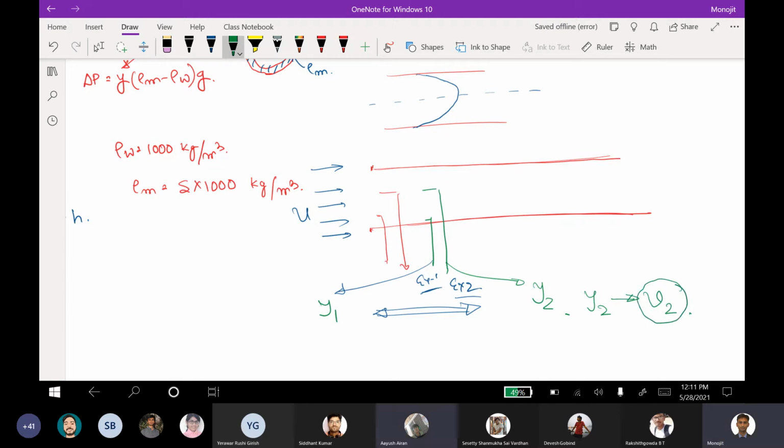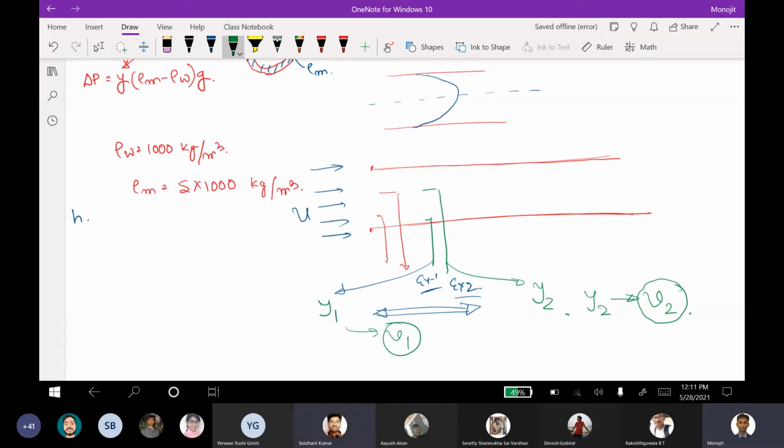Greater than the free stream, because it is in... You cannot have something greater than free stream velocity. Yes, sir. It will be greater than that of y1. Yes, that is true, it will be greater than that of y1. Almost equal to free stream velocity. Yes, right. It should be equal to free stream velocity because